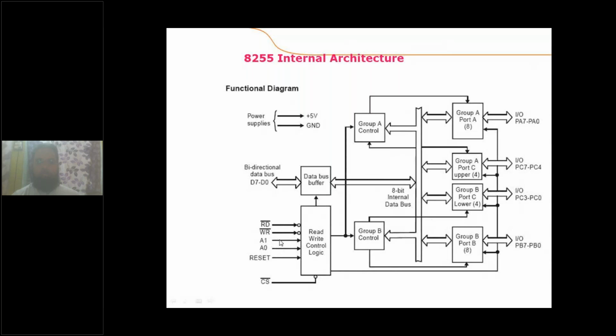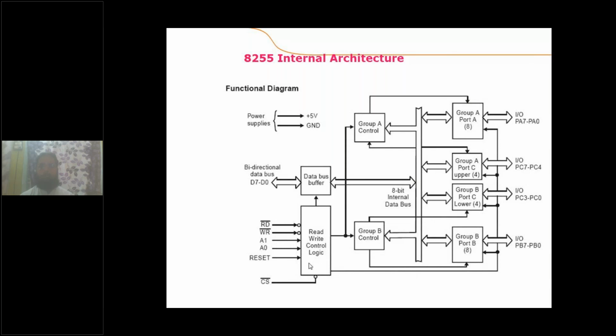it means that the processor is interacting with a special register which is available in 8255, and that register is called the control word register. So what is a control word register? The control word register is an element in 8255 which configures the port for input and output activity. As I said, a port can be used as an input port, or it can also be used as an output port.